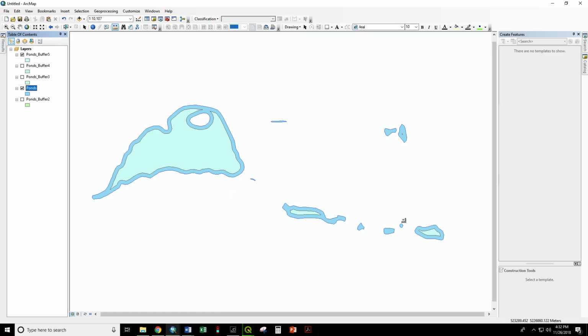Many uses for the buffer tool, but in any case, you can then query, using location, which features intersect with the buffered area, whether that buffer is inside, outside,